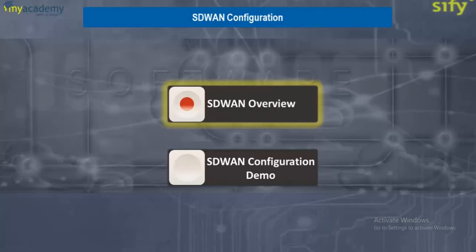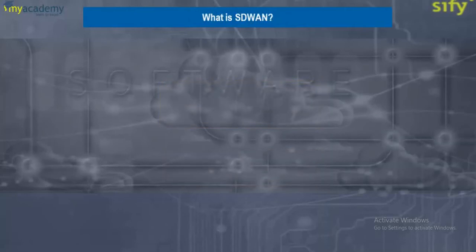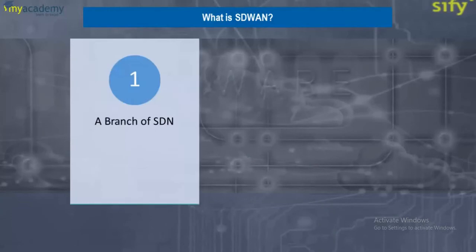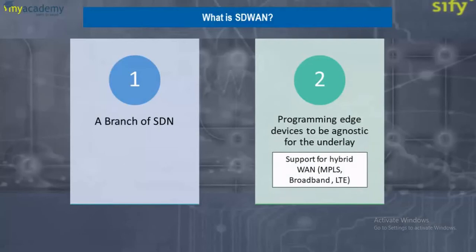Understanding how SD-WAN works today, right? So let me give a high level on what is SD-WAN. SD-WAN is a branch of SDN, which is a higher level orchestration service. So we are just getting the value add out of it, wherein we are deploying SD-WAN, which is basically programming your edge devices to be agnostic to your underlay. When I say underlay, it is nothing but support for hybrid WAN networks, which includes MPLS, internet, broadband, LTE,